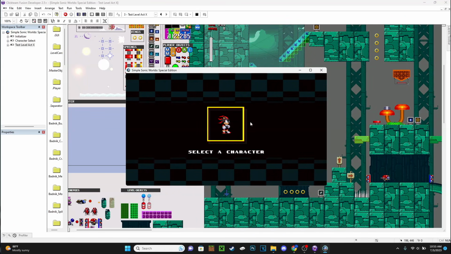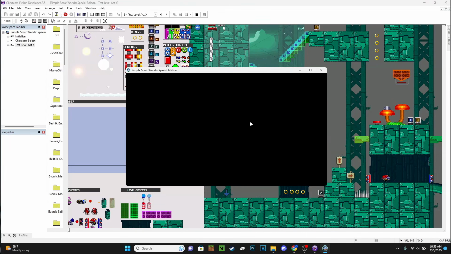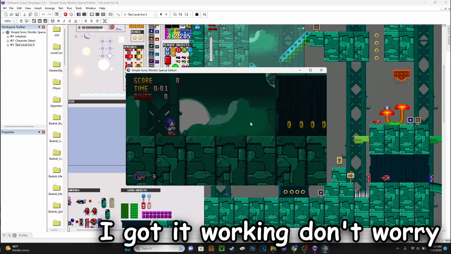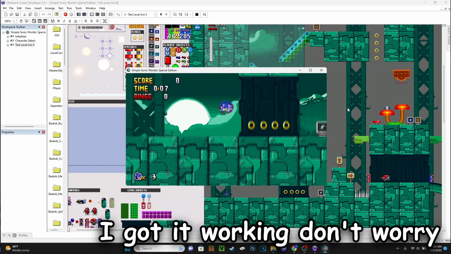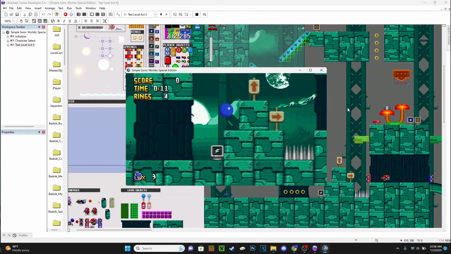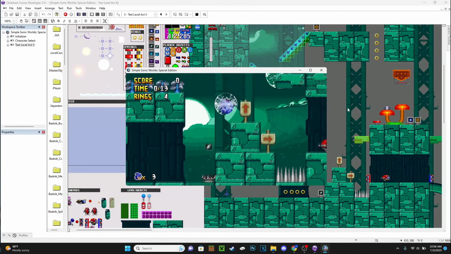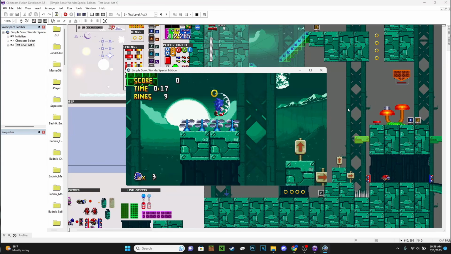So as usual, you can select any character you want. I'm just gonna do Sonic. Oh, and it's not Z to select apparently, now it's enter. And if there's no sound from the game, sorry about that. I'm still figuring out OBS with recording desktop and microphone sound separately, so some animations are changed. The music is changed. I know you can't really hear it, but the music is changed,